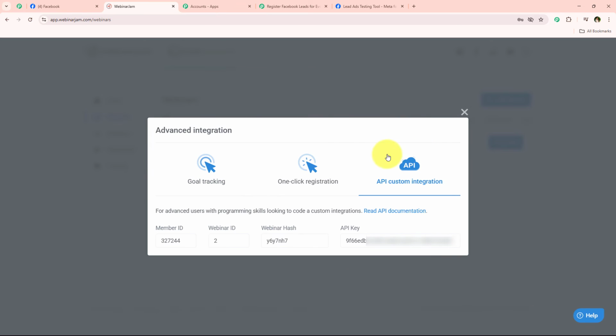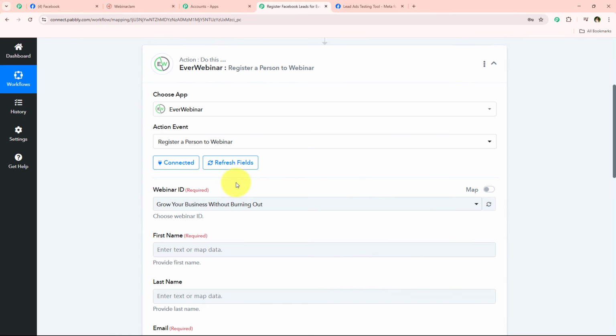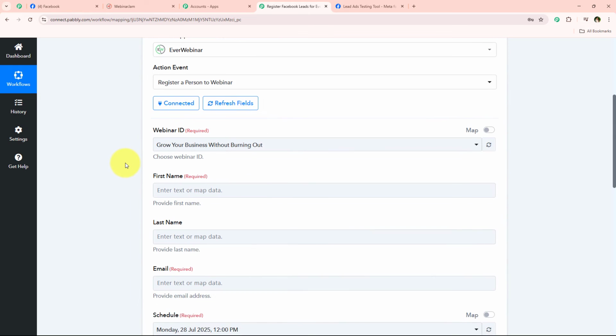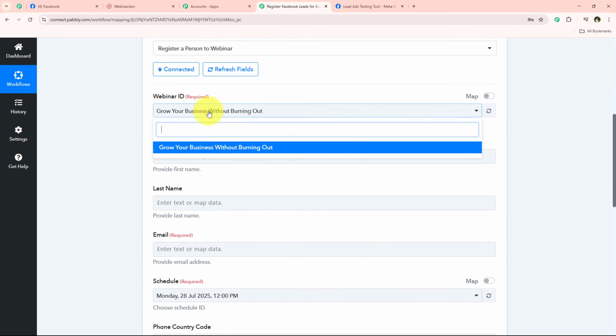So we simply have to go towards this API custom integration, and over here is the API key. So I'm going to copy this API key, and then I'm going to paste it right over here in my workflow. So easy, right? And I'm going to click on this button which says save. And once I click on this save, with this we have successfully connected our EverWebinar account with our Pabbly Connect's workflow. And now it is asking me for the webinar ID,